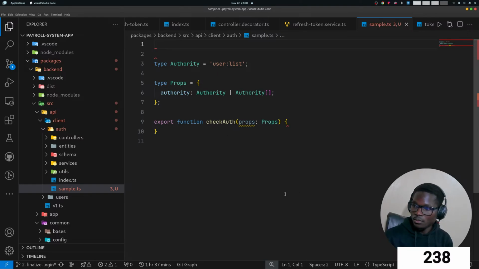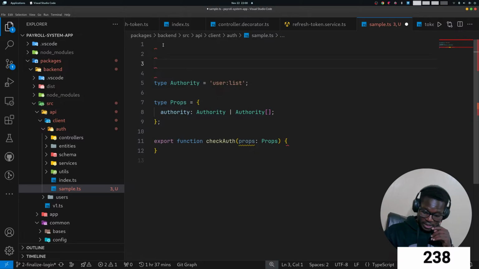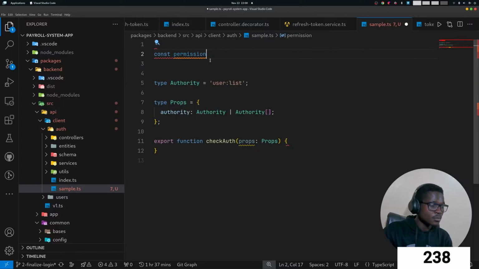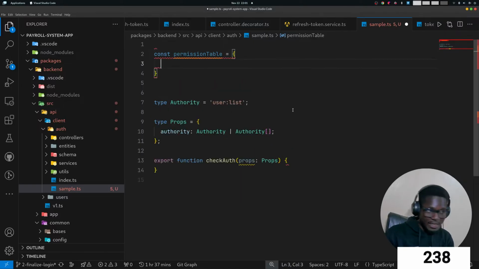Okay, so what we'll be listing here is type. We'll have a table, const permission table. So this will be our permission table. Then we'll have a list of